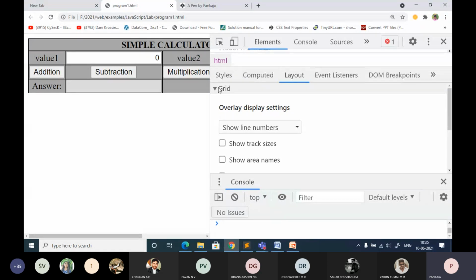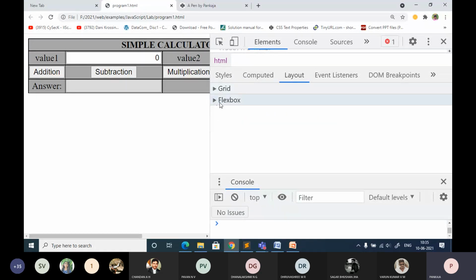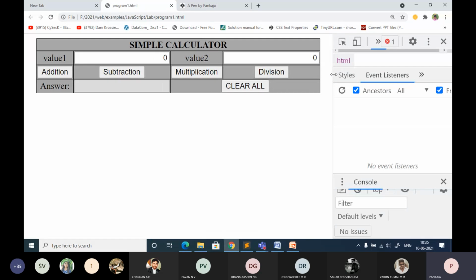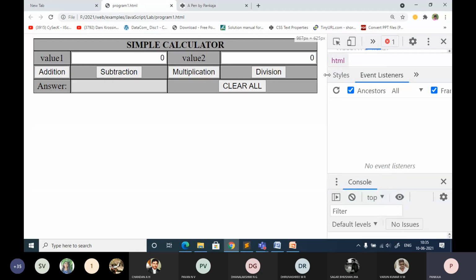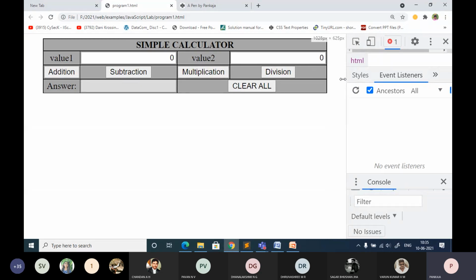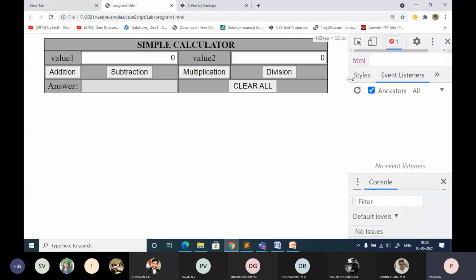You have so many options like layouts. If you have used grid, everything, you can check it here. Event listeners, we are going to discuss maybe next week. There are a lot of things still to discuss with respect to JavaScript, and I also need to start PHP parallelly.